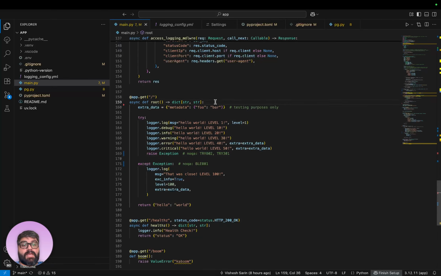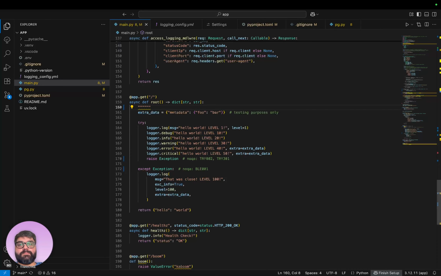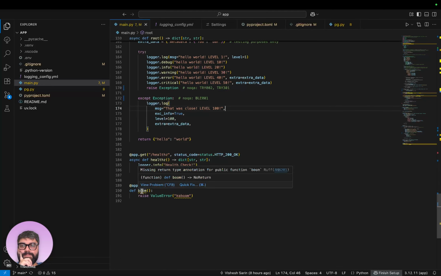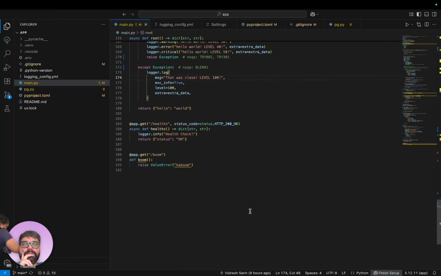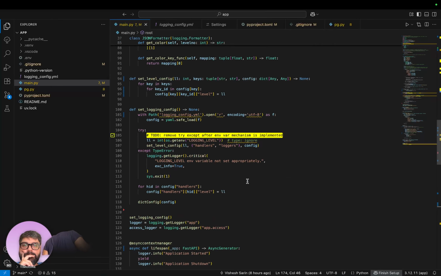In fact, you know what? I will add a docstring here. Endpoint to be used for logger testing only, period. Yeah, I think that's almost everything. At least everything that Ruff is spitting out. There's probably a few others that I am not catching here. Yeah, there's type ignore, which I want to look into a bit more.